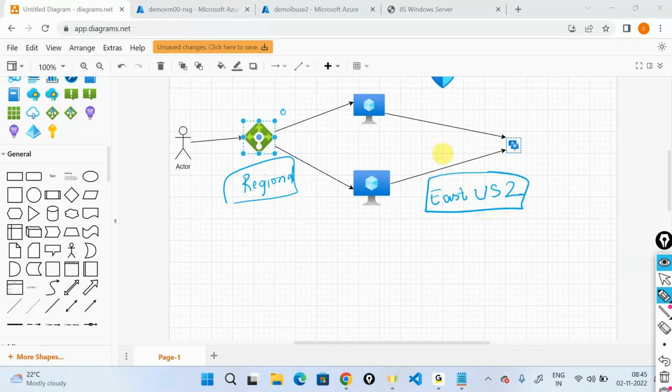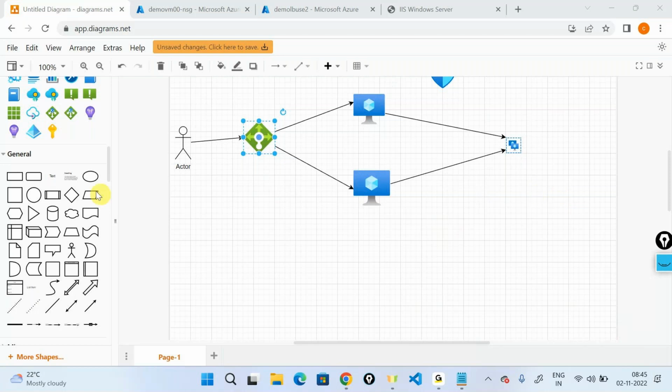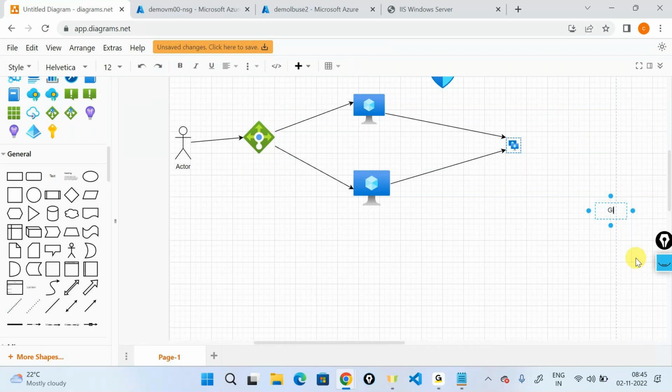Let's say that you want a global load balancing mechanism, which means that in case this machine is not available, and this machine is also not available, I want my traffic to go into a different region, say North Europe. This is something I would probably need. Meaning I want to divert my traffic to a different region, for which you can use something known as a global load balancing mechanism. Global load balancer